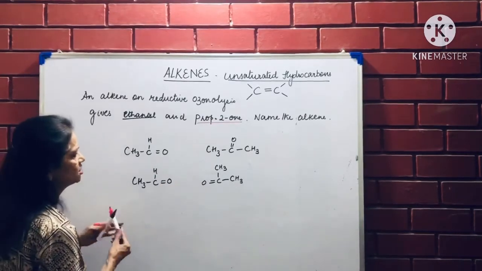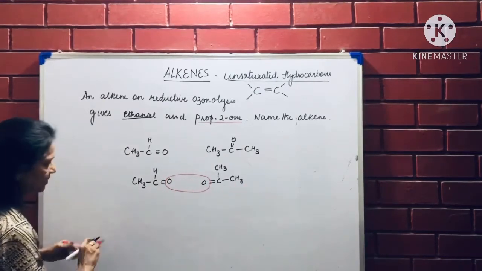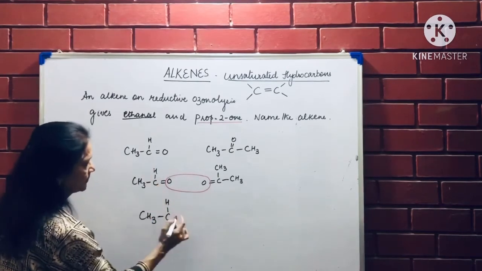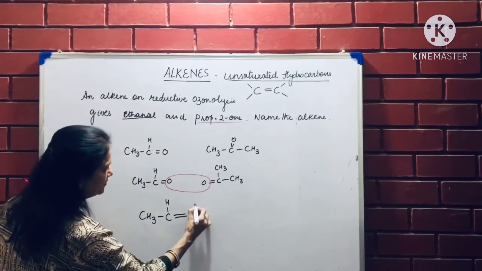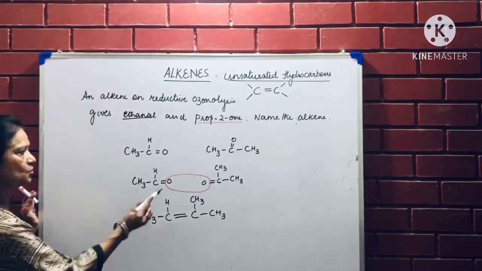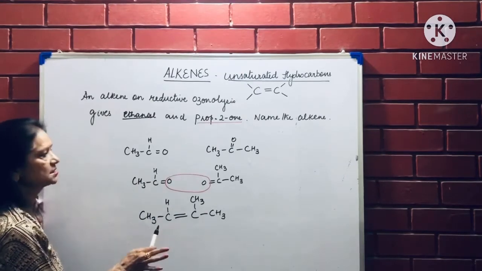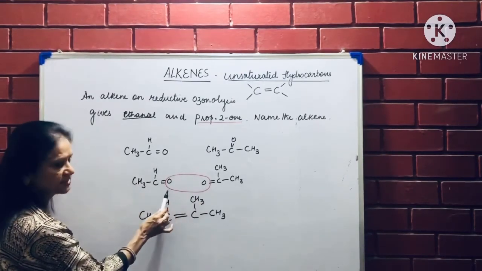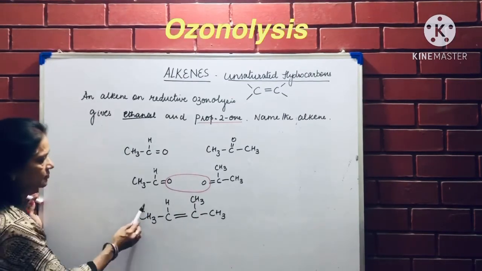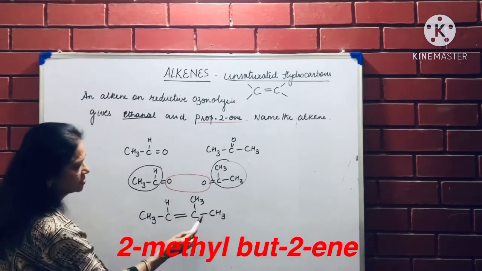Once they are facing each other, just remove them and start writing the whole compound together. So CH3, this is CH, this one, double bond, C, CH3, CH3. So whatever two compounds are given to you in the question, write their formulas and put oxygen atoms facing each other. Remove the oxygen atoms, just put a double bond at that point and write the compound. CH3CH, CH3CH. This part I have written same, this part.